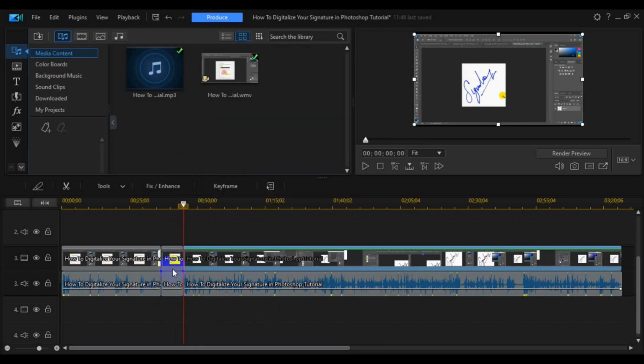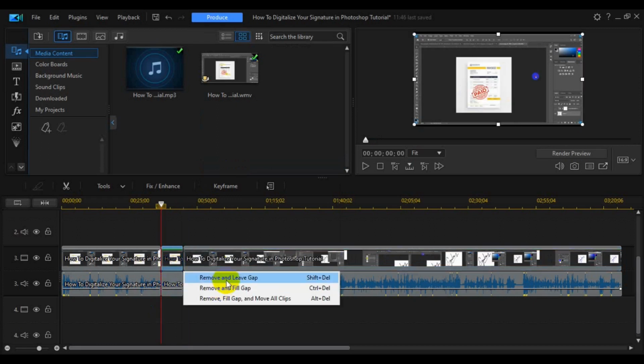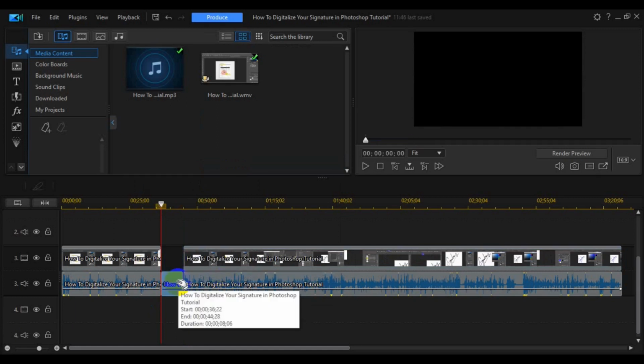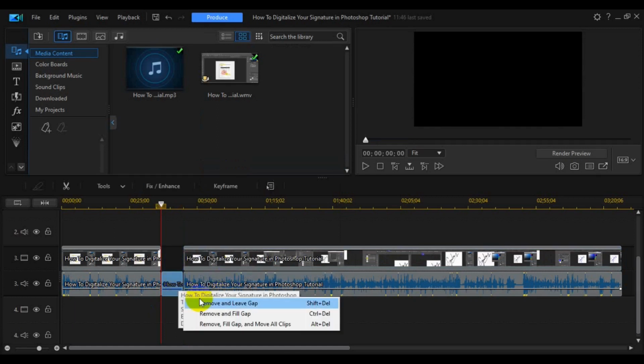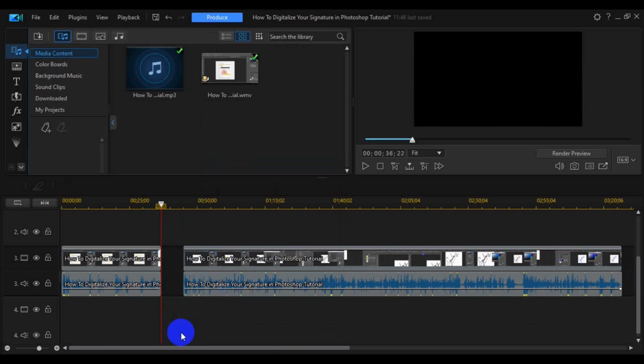So another way to do it is that we can select this clip here, press the Delete key on our keyboard, and make sure we remove and leave the gap. We can select this one also, right click and delete, and leave the gap. Now when we leave a gap like this, we can easily insert another clip at this point here. So this is another way by which you can remove and insert a new clip into your